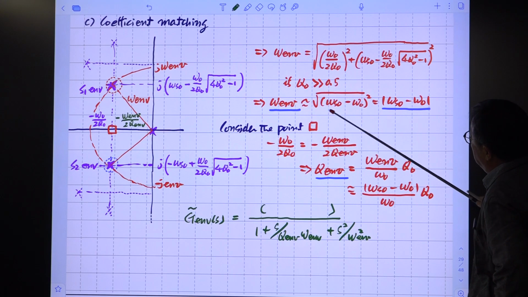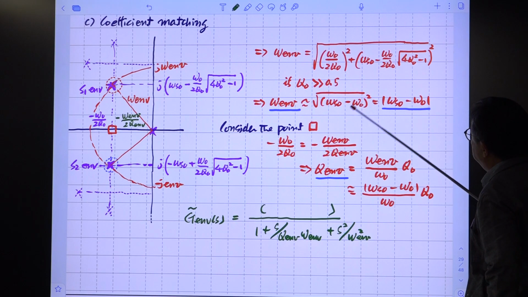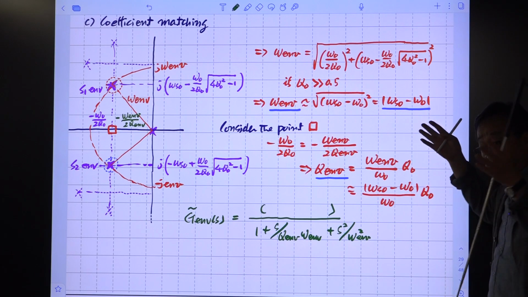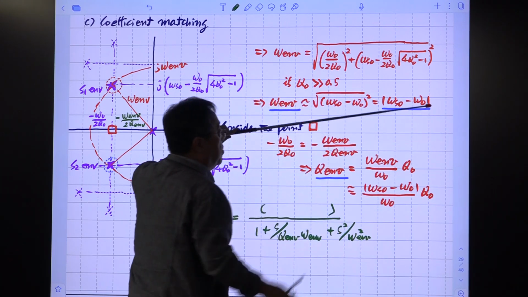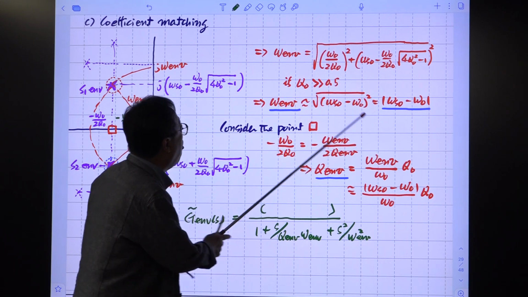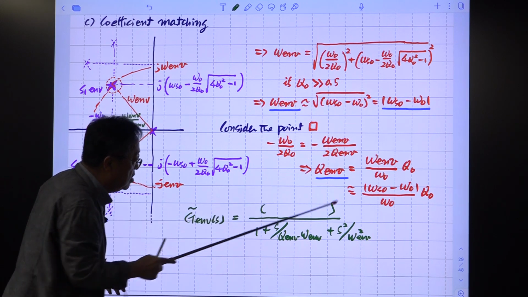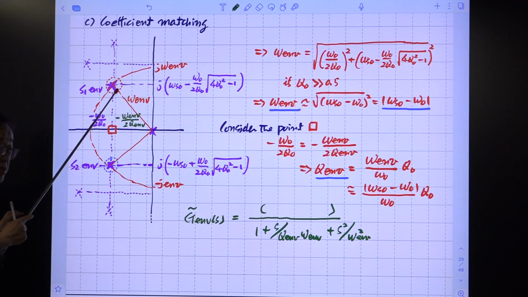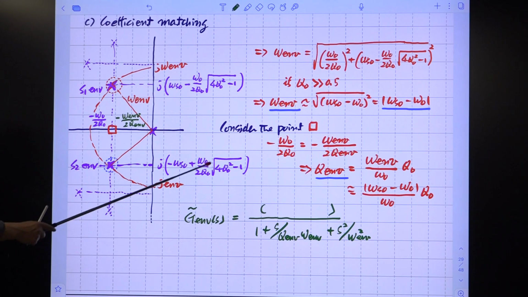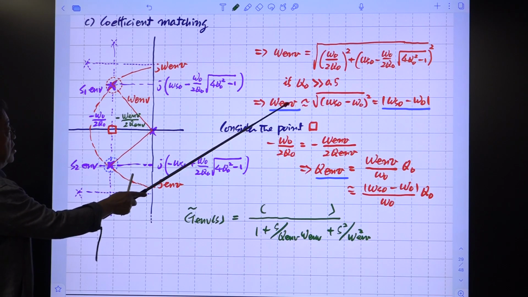Okay. So inside of the square root, we have something squared. Then we take the absolute value. It comes out from the square root. So omega ENV is this one. So if omega ENV is this one, that value comes here, then the pole will be generated here. Okay? So we found the expression for the omega ENV.